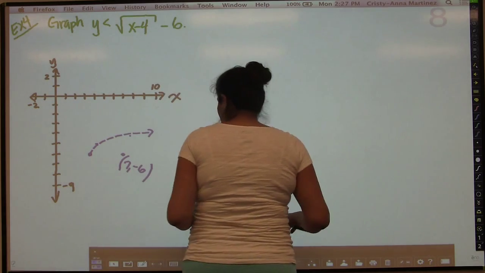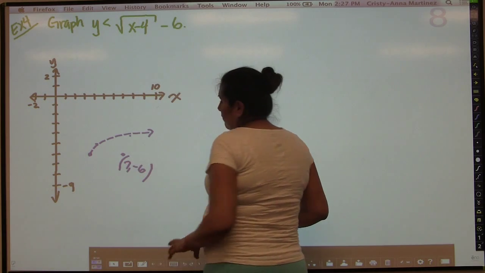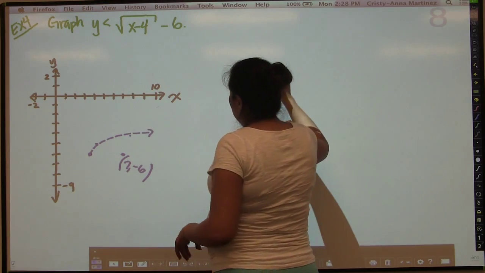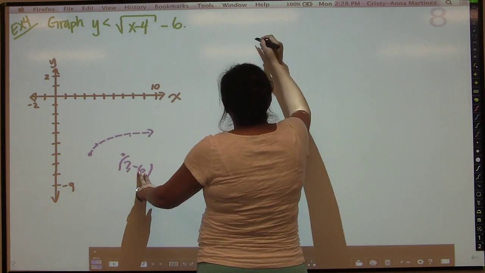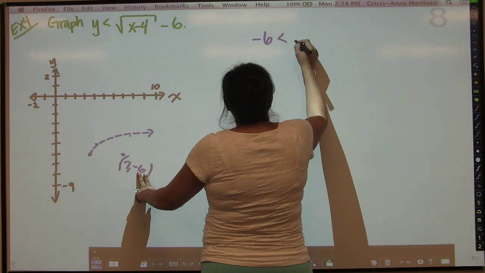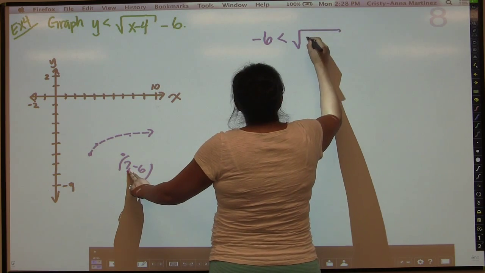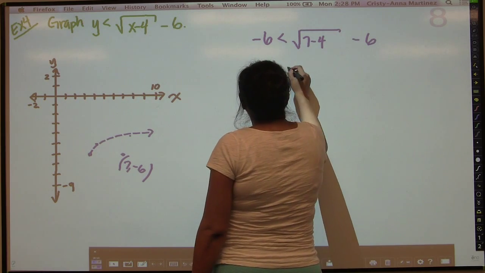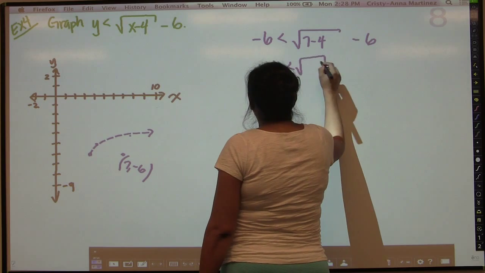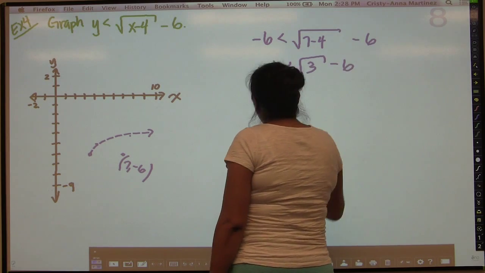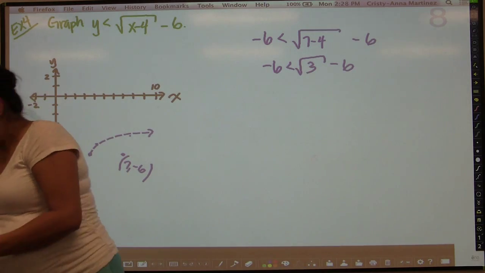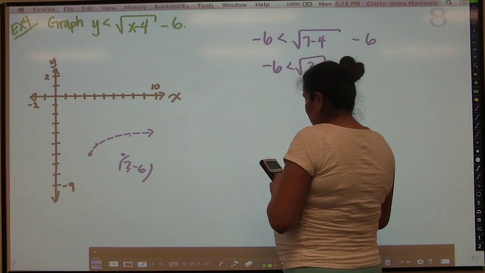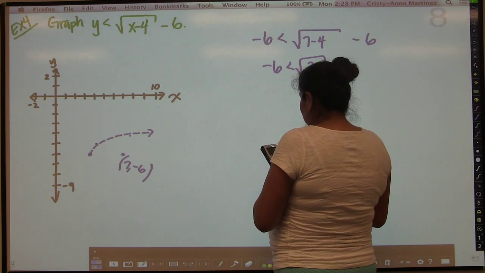And I just want to test it to see if it gives me a true or false statement. If it gives me a true statement, then I'm going to shade that area. If it gives me a false statement, I'm going to shade the other side of that area. So I'm going to put in the y's place -6 less than the square root of 7 minus 4, minus 6. Well, 7 minus 4 is 3. So what I need to figure out is what is the square root of 3 minus 6. So the square root of 3 is 1.73 something. Minus 6, I get